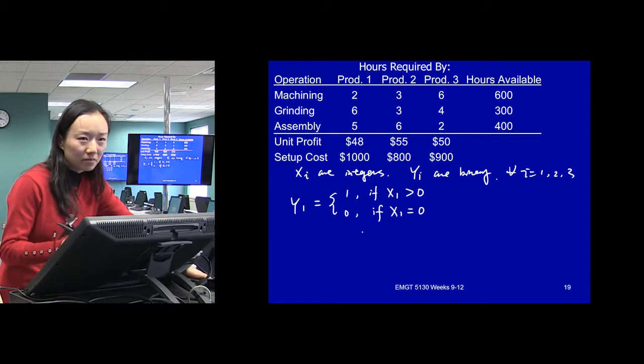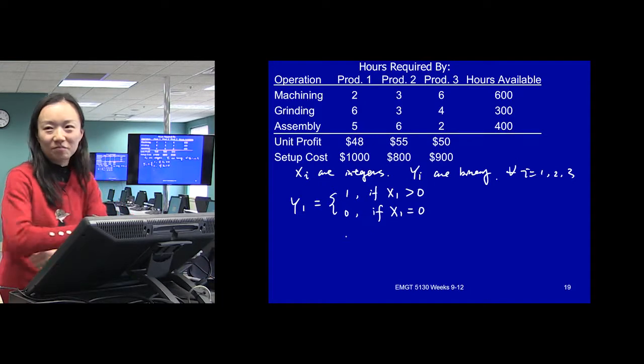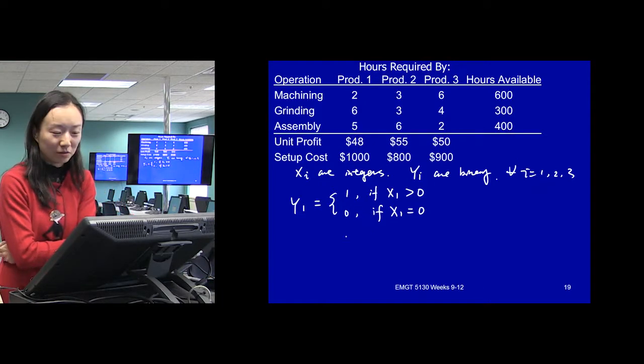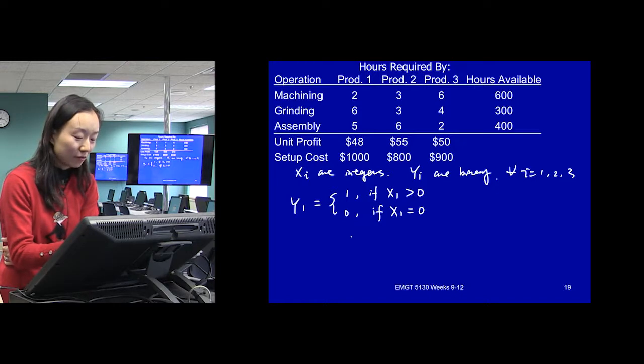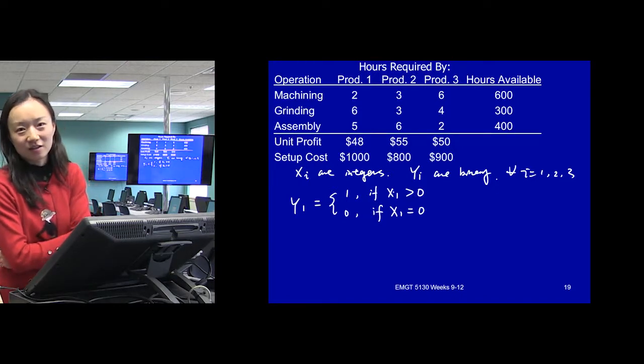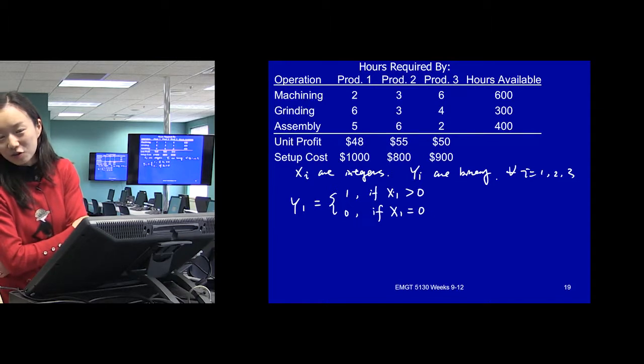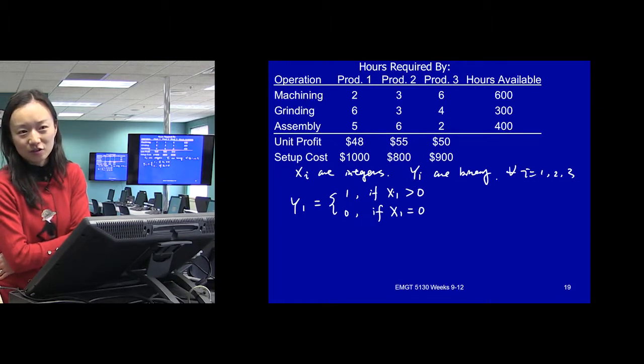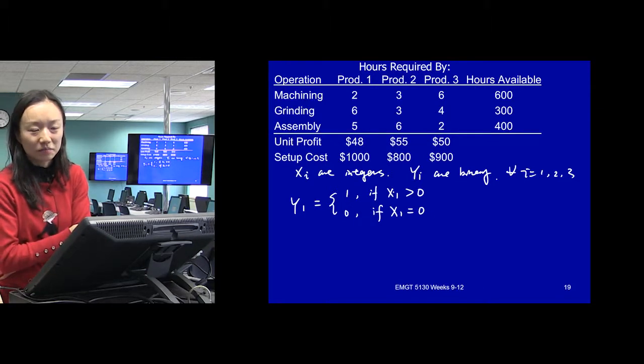So maybe I'll give you 2 minutes to think about. You may need to introduce some value here, but remember this x1 is not a binary, so it can go to a bigger value.